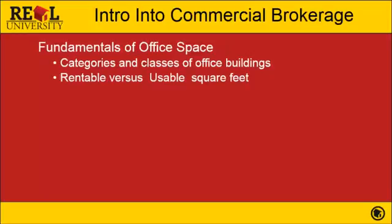All right, welcome back. We're going to talk a little bit today, or this section, on the fundamentals of office space. Office space typically includes general office buildings, medical office buildings. It can also include a portion of the research and development for office buildings, like labs, institutionals like schools, and governmental buildings. You also have executive office suites, which are those, by the hour, by the day,